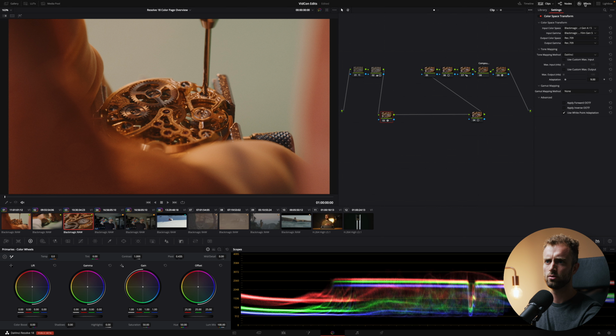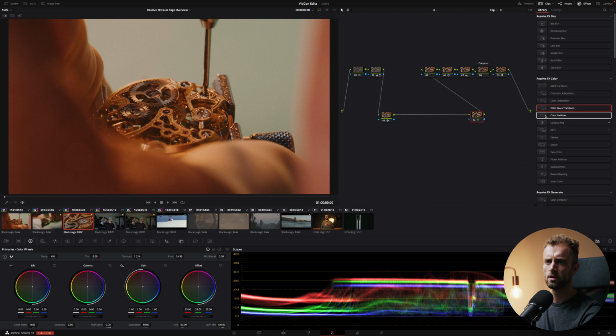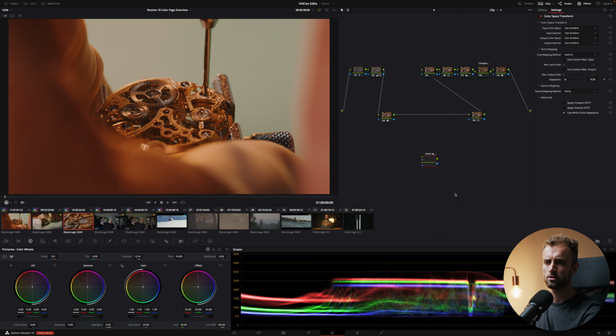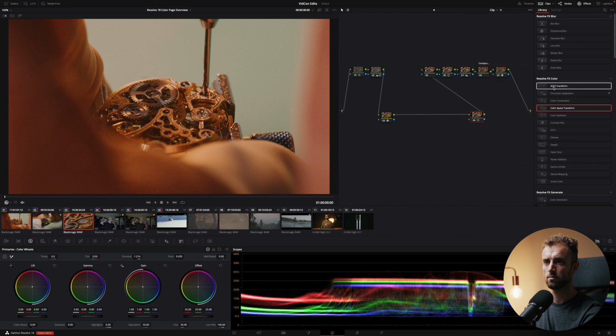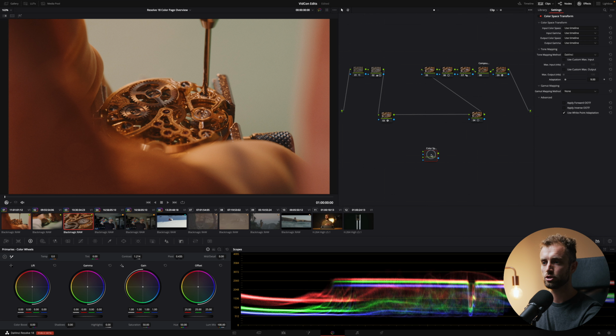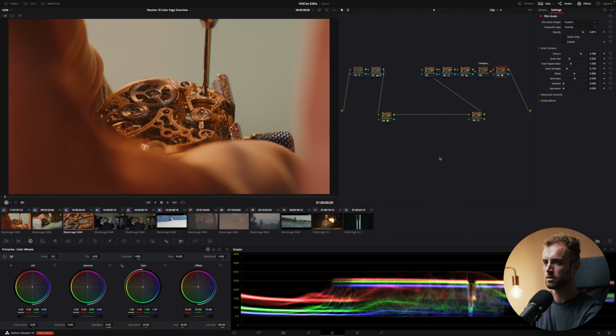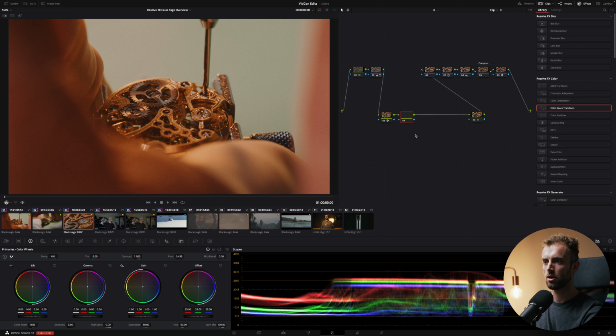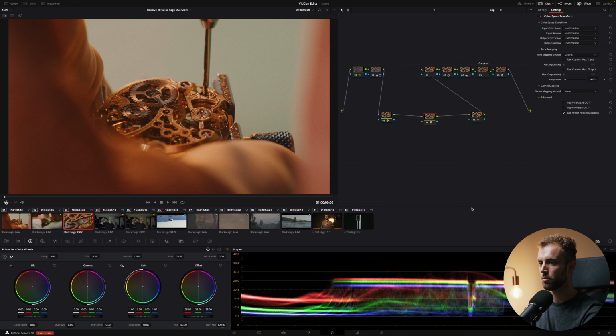What you can do, for example, is drag and drop it onto your timeline and then connect it like that and then link it through like that. Takes a lot of time. What you can also do is drop it, hold down shift and then hover it over the line and it will click in there. What you can also do is just create a new node, Alt S, and then just drag it on there. All right, a couple ways to do it.